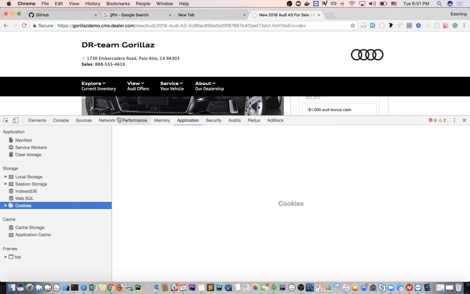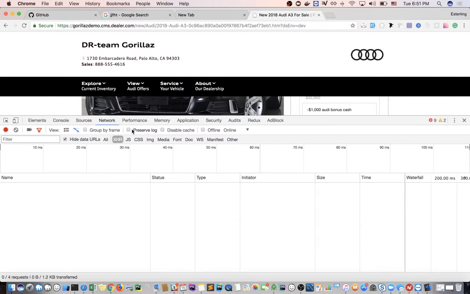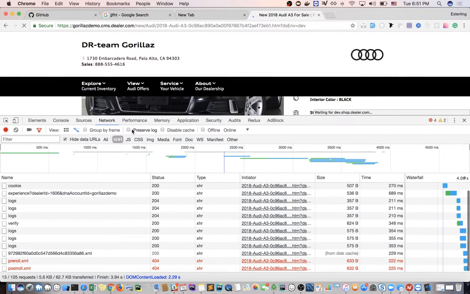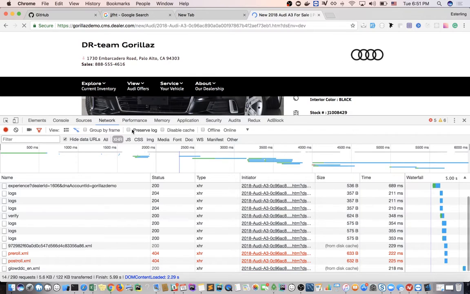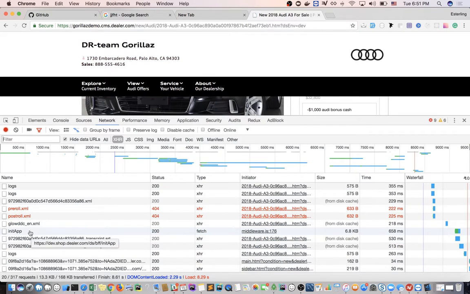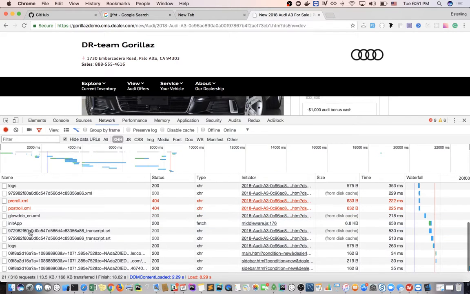All right, so I'm gonna head over to the network tab. When I refresh the page, check this one out. It's loading, it's loading. And then I'm gonna look for something once the app appears. You see where it's an init app? Guess what's inside of this? That's where the application state is held.